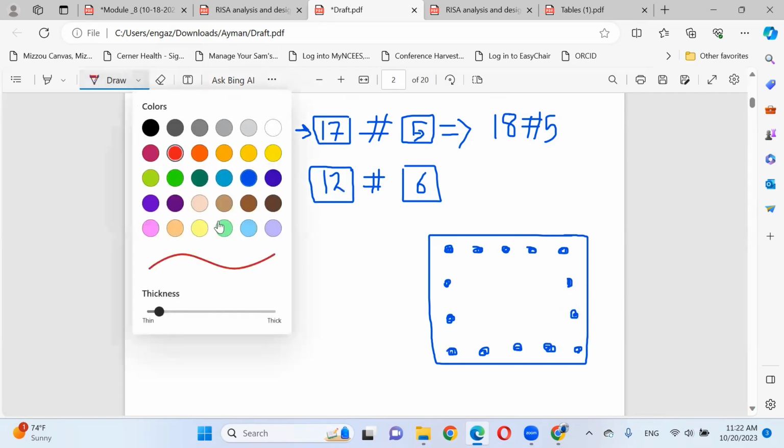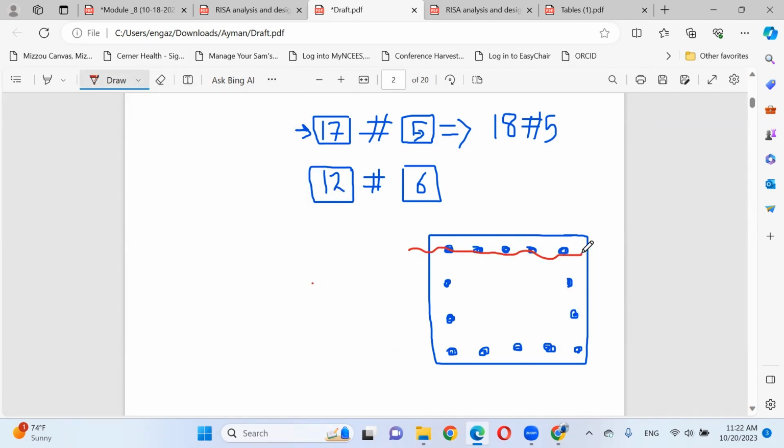So the number of rebars at this face must equal the number on the opposite face, and the same for the other two faces. So whatever the number, the final number must be even. Does that make sense? You cannot provide an odd number. An odd number means your cross-section will not be symmetric.